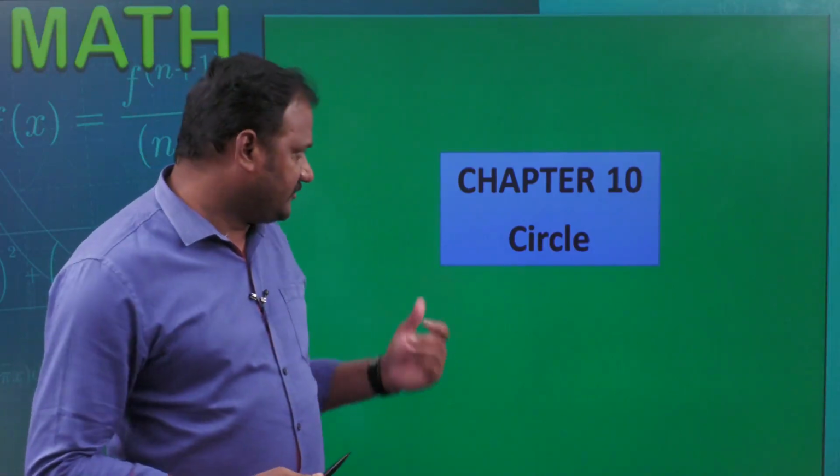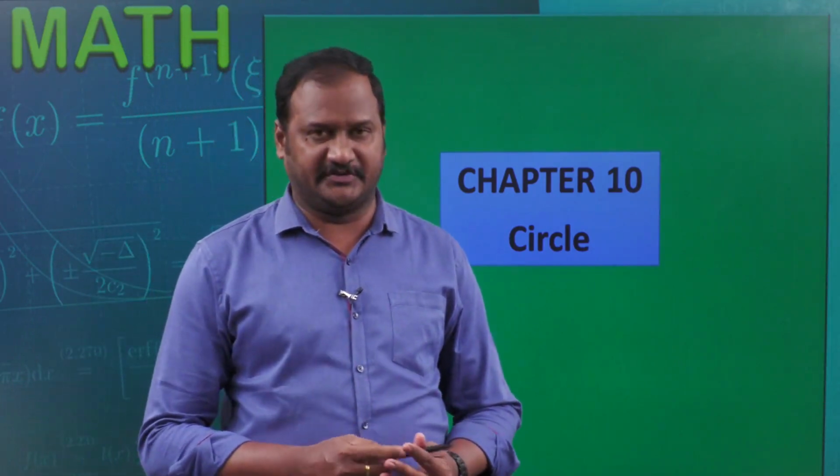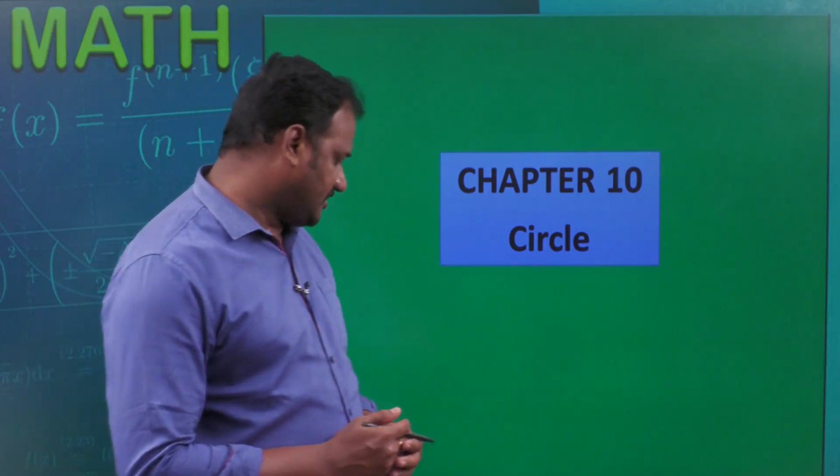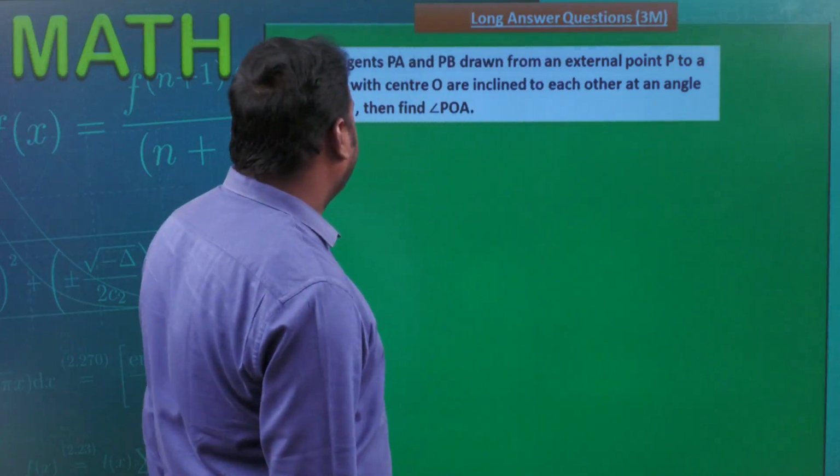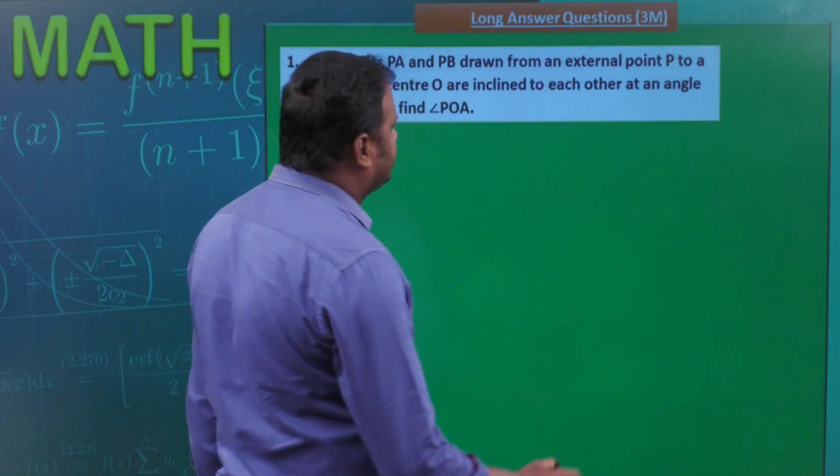Now in this module we are going to discuss 2 marks problems which are given frequently in board examinations from the chapter Circles. So coming to the first problem, if tangents PA and PB are drawn from an external point P,